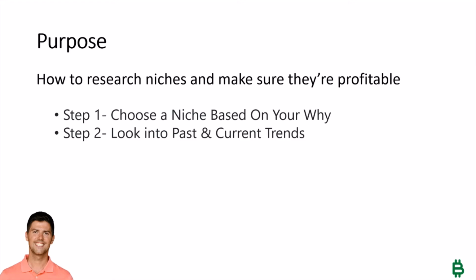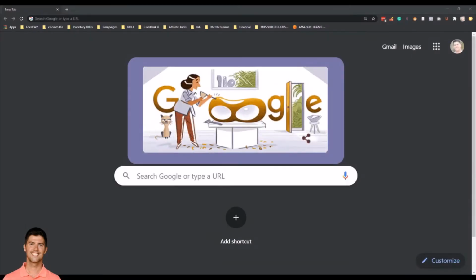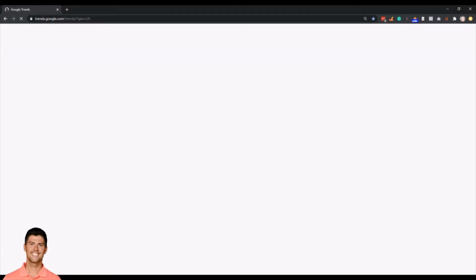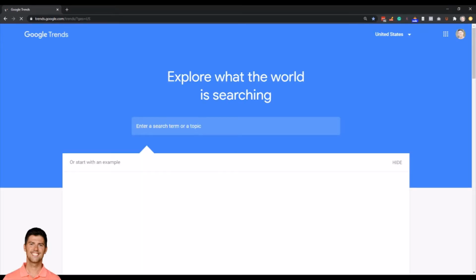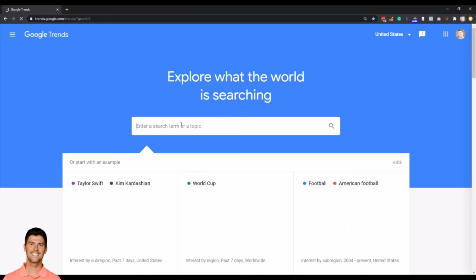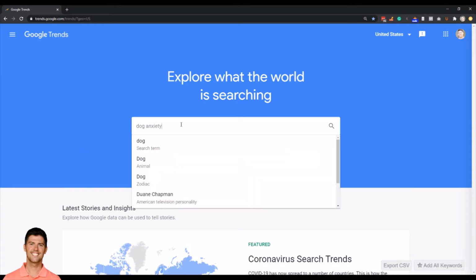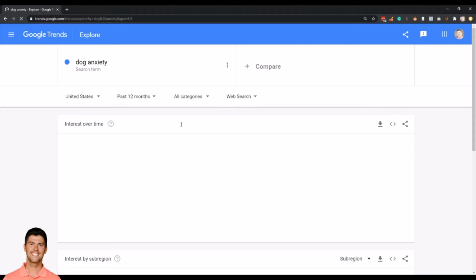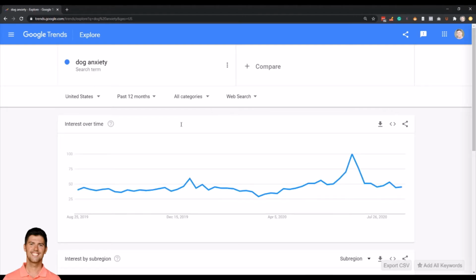The first thing I want to do is go to my browser, go to Google, and type in trends.google.com. This is a free tool, and when I get here, I want to put in our niche, which is dog anxiety. When it pulls up, it's going to show us some statistics. It starts off with the past 12 months in the US, all categories, web search, what the interest is